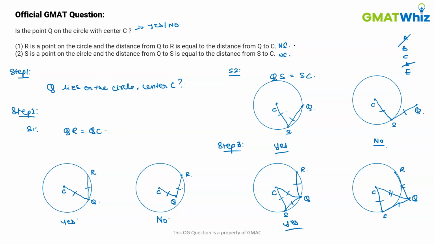Now, Q does not lie on the circle, so we can answer the question with a no. Since together also they are giving us a contradictory answer, hence the statements are not sufficient together as well, and the correct answer choice is option